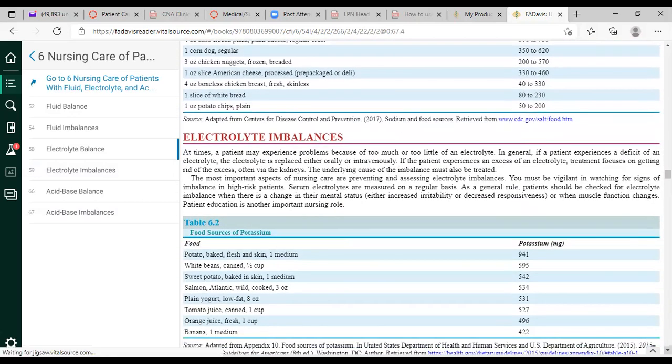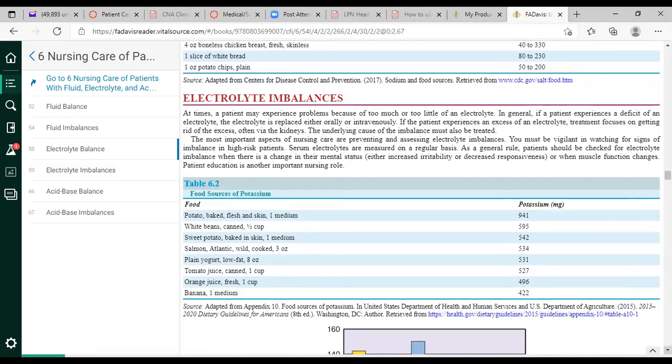A lot of us end up with preventable diseases because of our diet. I'm hypertensive, where diet is a contributing factor. I have cardiovascular disease because my diet is a contributing factor. Diet is a contributing factor for a lot of diseases. And it also points out foods that are high in potassium. You want to familiarize yourself with foods that are high in